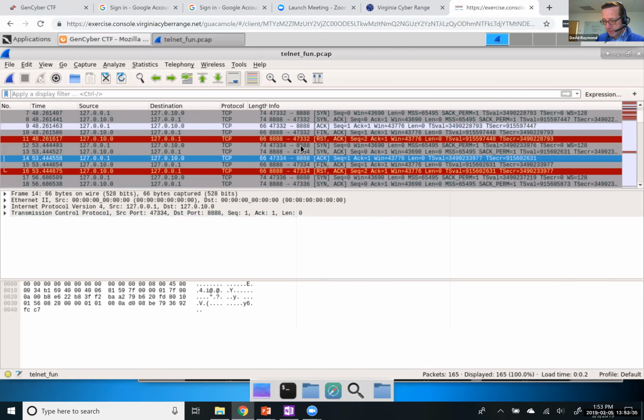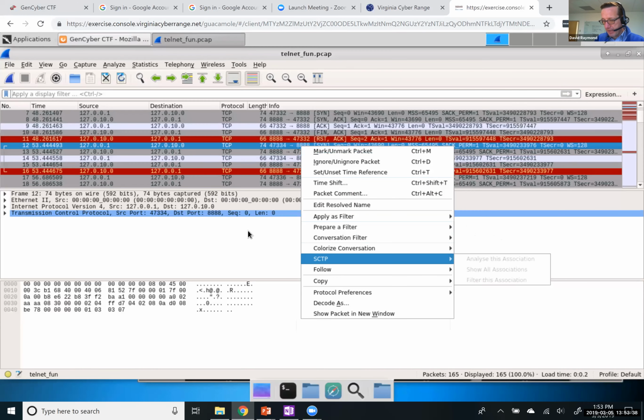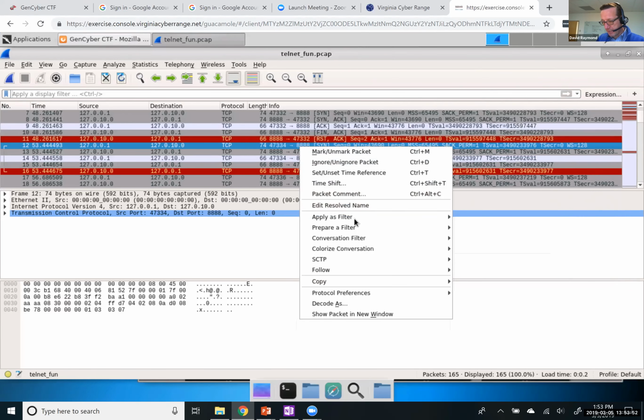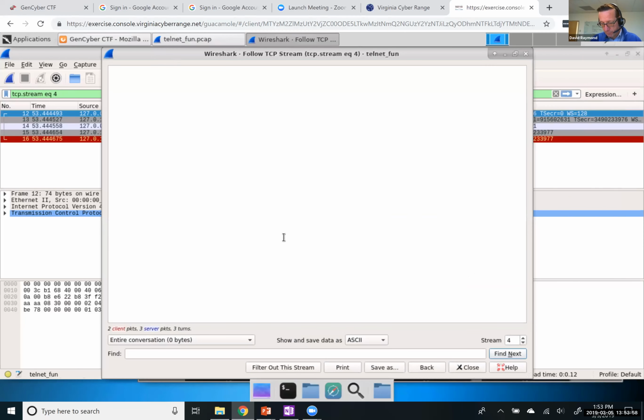So let's look at one of these. The way to look into this network traffic is to follow the TCP stream. I just clicked on one of these packets that looks like a successful connection being set up. I'm going to right click, go to follow, and then TCP stream. And it's blank, right? That tells me there's no application layer traffic in this exchange. What this window will show is the application layer traffic going back and forth between client and server. This says there's 2 client packets, 3 server packets, and no application layer data traded.